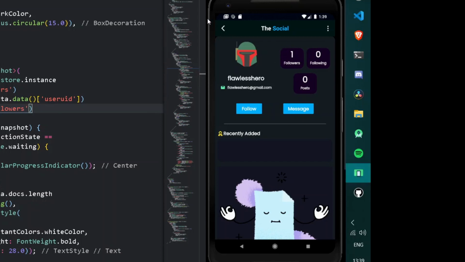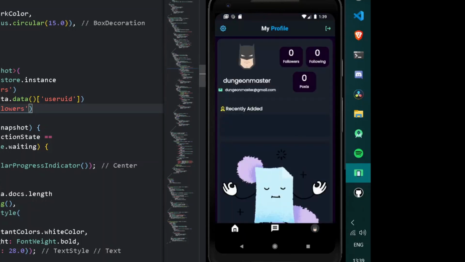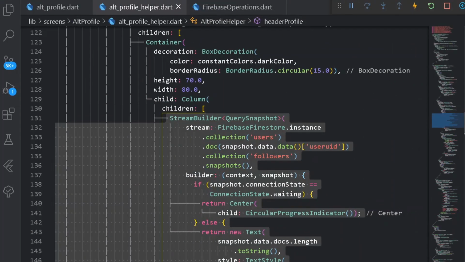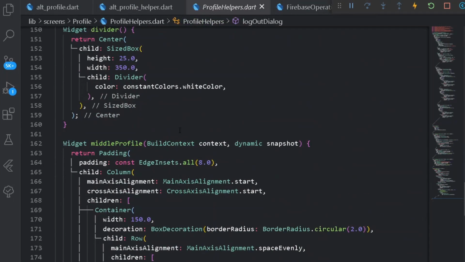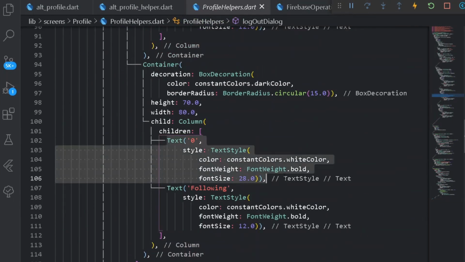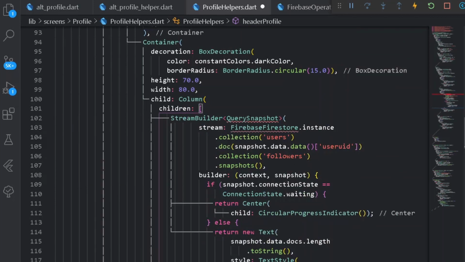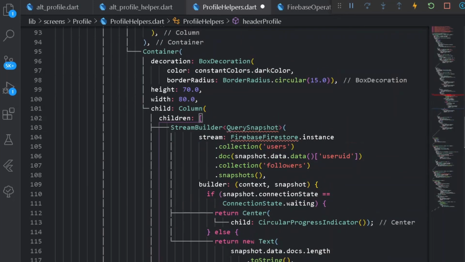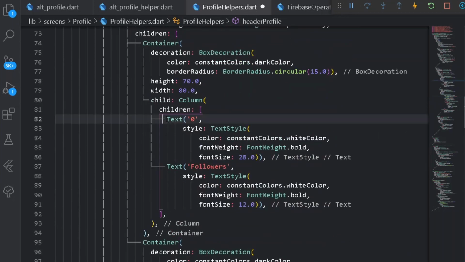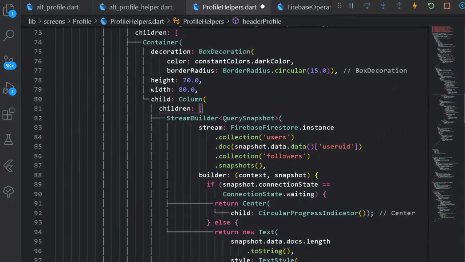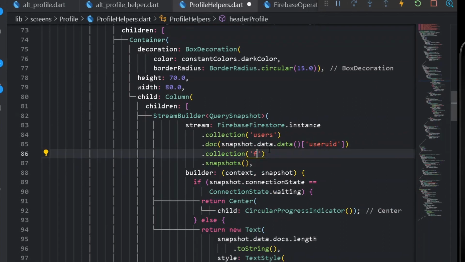And if we go under the case of Dungeon Master, let's copy the entire statement from here as well and go under our profile. Under profile helpers we can simply go up, and here under the followers let's paste it out here. Let's import everything, and here let's have following case. Let's go at the top, and here let's remove this from here as well and have following, that is followers.